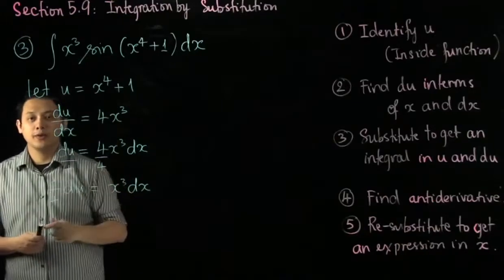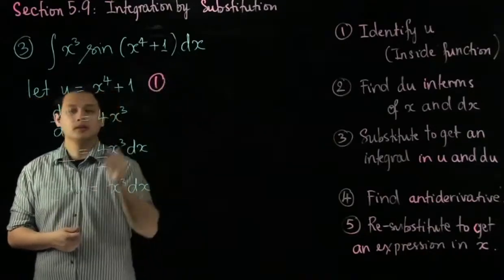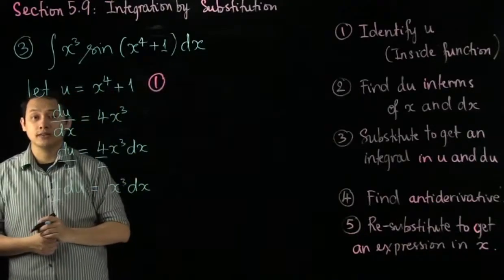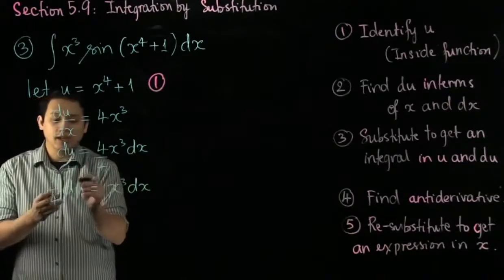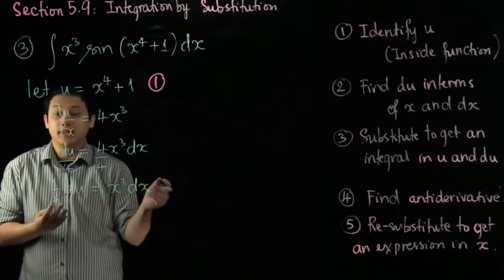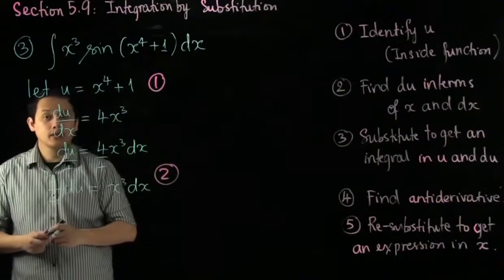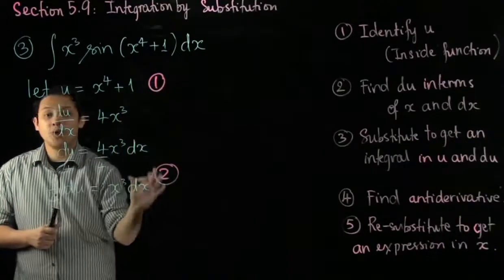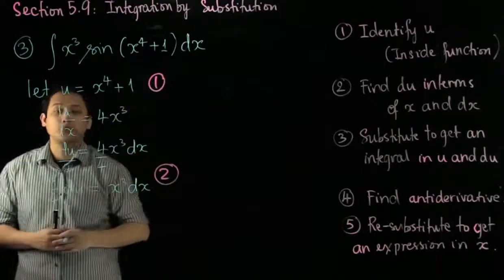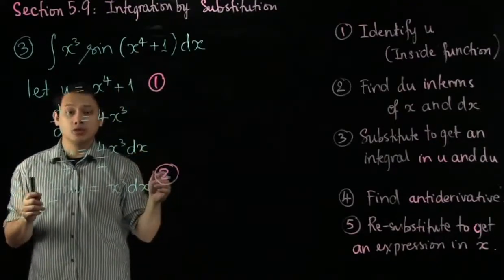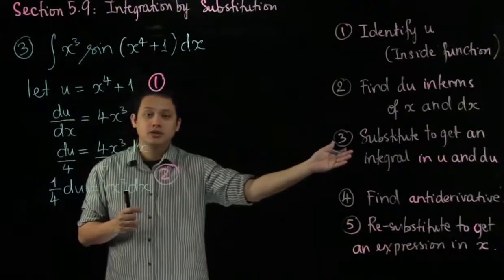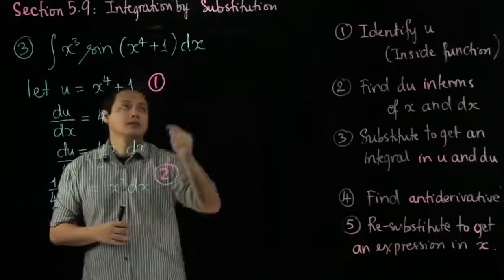So this part we have done. Step 1, try to identify the inside function. Step 2, write du in terms of x and dx. So this is step 2. And step 3 is that you're going to substitute what you know in steps 1 and 2 back into the original integral to get a new integral in terms of du and u. So that is,